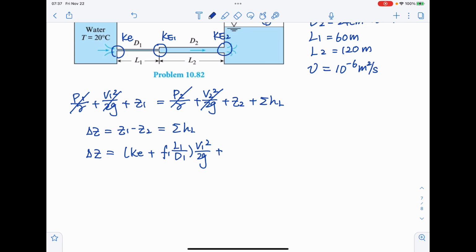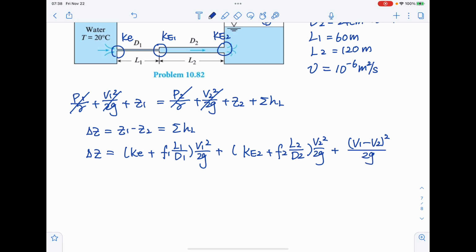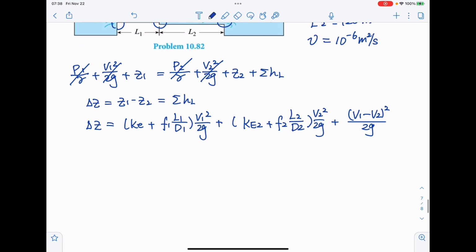We have, actually it should be KE2 plus F2 times L2 over D2 times V2 squared over 2g, and the KE1 term is defined as V1 minus V2 squared over 2g. So this is